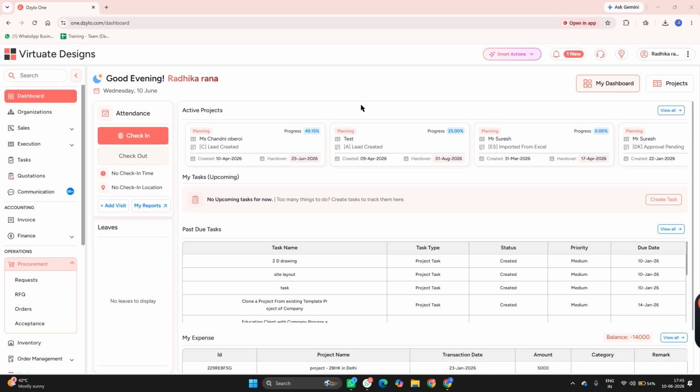A work order helps you clearly define the work that needs to be executed, assign responsibilities, track progress, and maintain complete visibility throughout the progress. Instead of managing tasks through calls, messages, and spreadsheets, you can centralize everything in one place and ensure that every